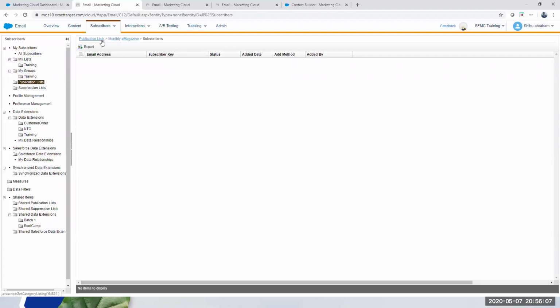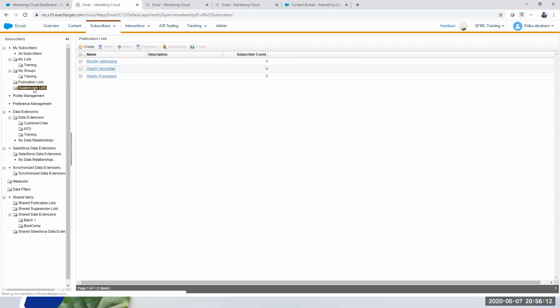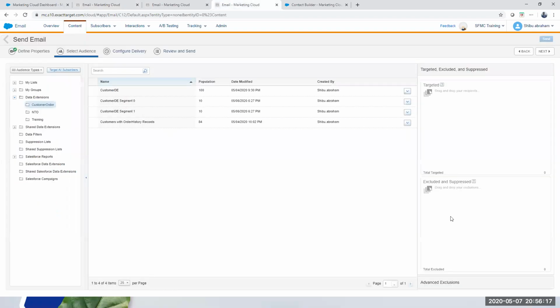Thank you. Okay, cool. So similar to publication list, there is something called a suppression list. Like yesterday we saw, if you want to exclude a particular list, you can click on the list and then exclude, right? Similar to that, you can use a suppression list as well. The exclusion list is primarily a normal list of subscribers that you can even send an email to. So you're not creating a particular list and saying this list is always going to be used as people that we will not send to.